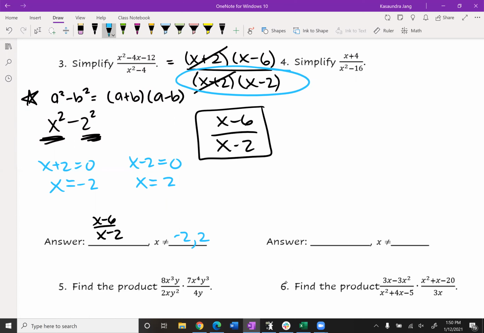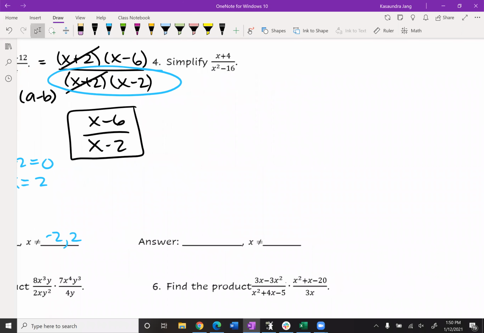So then Chase, you were asking a question off to the side. So I finished number 3. Any questions on number 3 before I look at Chase's question? Number 3, you guys are solid on it? Okay, so Chase, I'm gonna just do this over here to the side real quick. You're saying if you had a 3x minus 6,